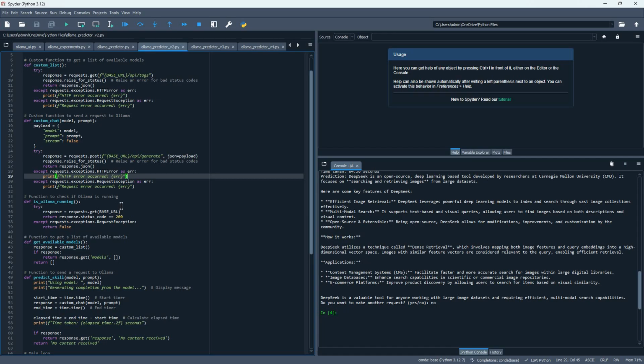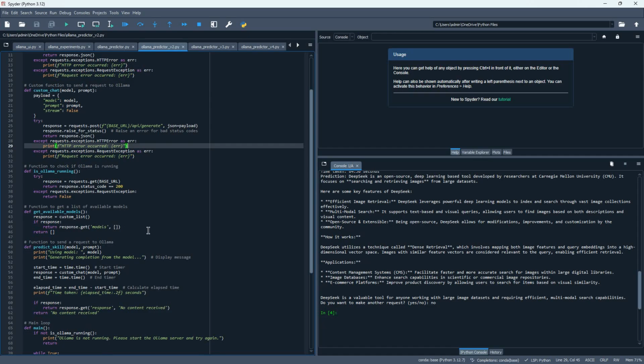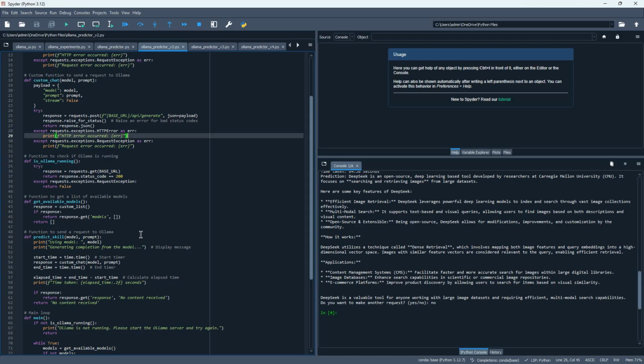Also, here's the function to check if Ollama is running. Function to get a list of available models, which is actually pretty straightforward. Function to send a request to Ollama,